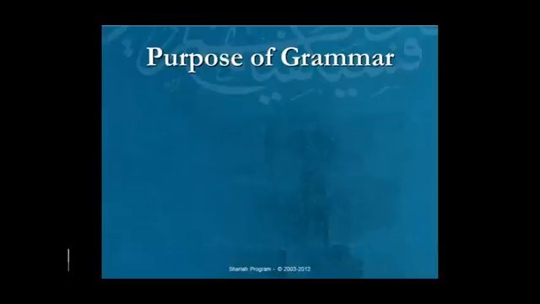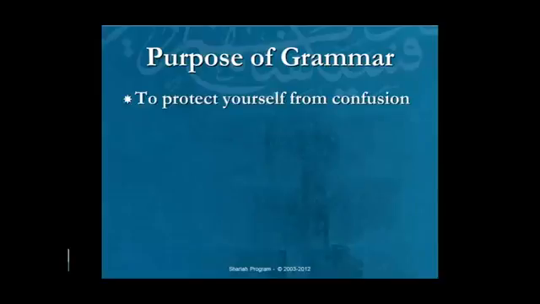Now, knowing this is important. It's not only important in order to protect you from verbal error, in the sense that you speak correctly and what you say is valid, which is important, because it will be awkward if you're making mistakes. But not only that, it's actually integral to communicating. Without it, communication ceases to exist. You will not be able to do something as fundamental as distinguishing which of the nouns is the one doing the verb and which is the one upon whom the verb is being done. Your listener will be totally confused if you get the grammar wrong. So it's to protect yourself and your audience from confusion.